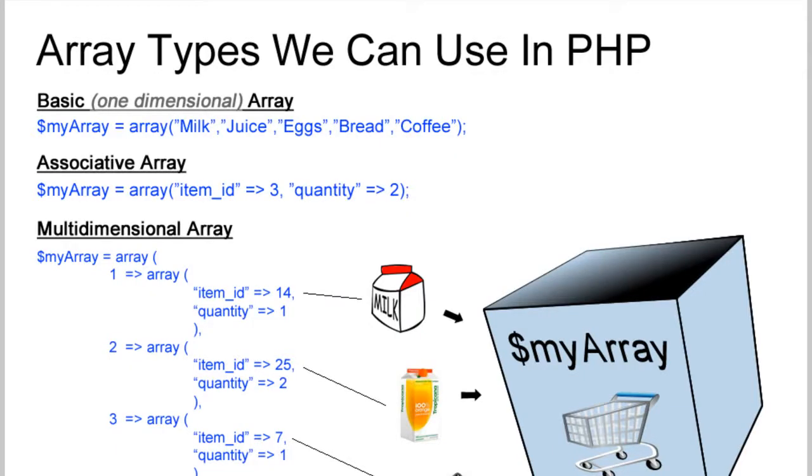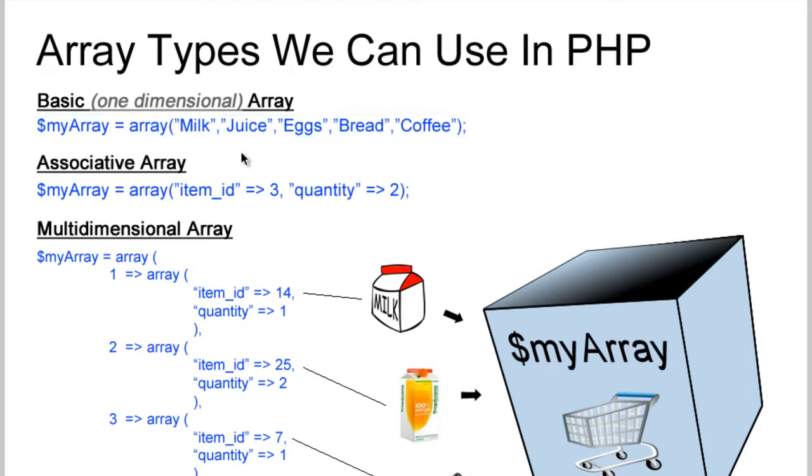Okay, so there's a few different array types that a programmer can choose to pull out of his arsenal when programming things from scratch to take care of any custom needs he or she may have. So you have the basic array, associative array, and multidimensional array. Now the basic array is very simple. It's just a group of items, and that can be as many items as you like, or as few as you like. And it can also be numbers in there, or any kind of characters really. But if I wanted numbers, let's say 3, 7, 2,